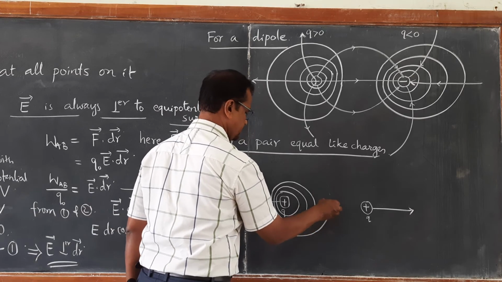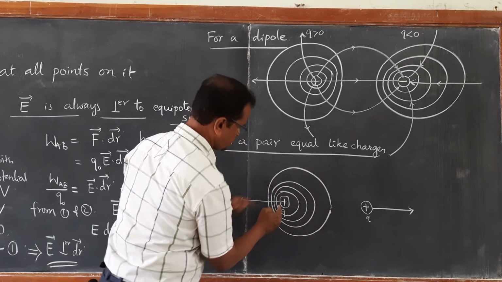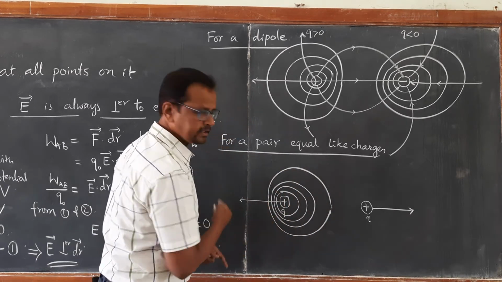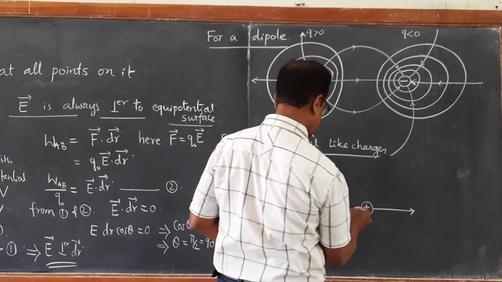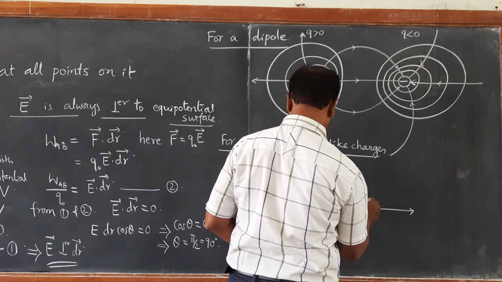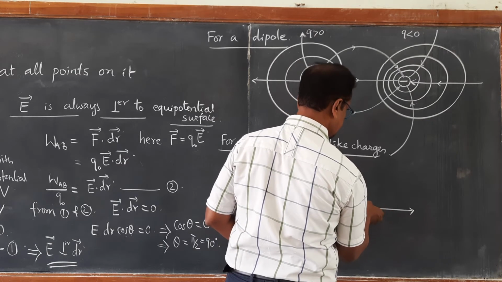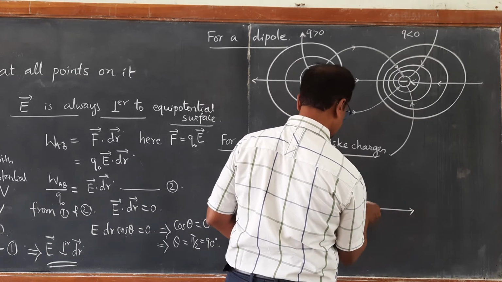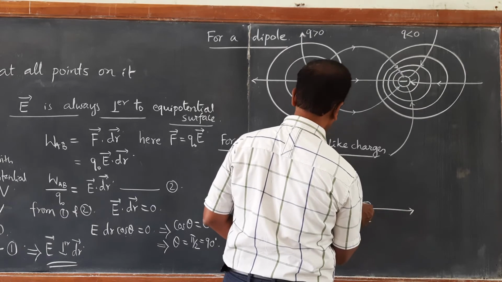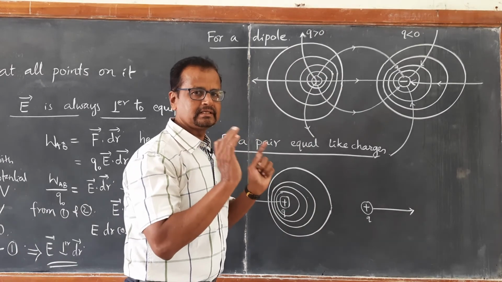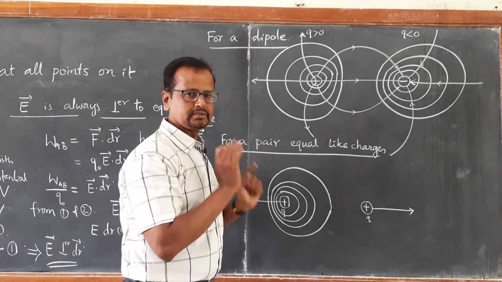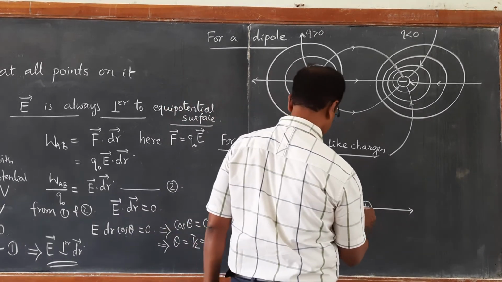They appear to be closer at this side and they appear to be blown up on the other side. In the same way, we can draw here. This charge appears to be repelling. So, here you can see if you draw, the field lines will be exerting pressure on each other due to the repulsive force. So, that also will do.